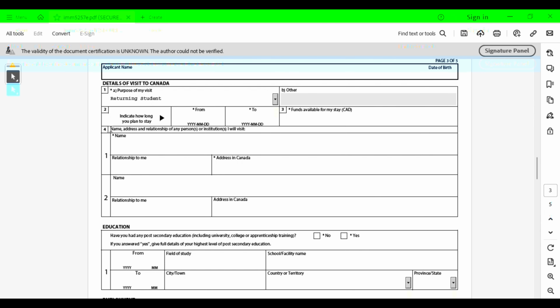Now they're asking about name, address, and relationship of any person or institution you will be visiting. So here you can put the name of the college where you are going to finish your study. So let's say in my case I'm returning to Centennial College, so I'll put Centennial. And here you can put the address of the Centennial College,